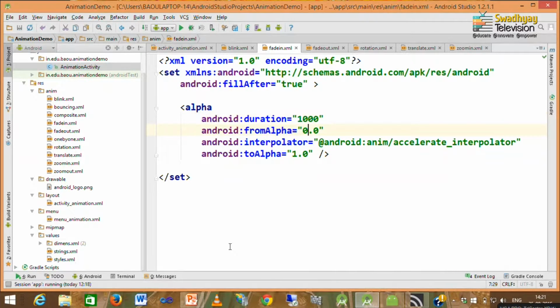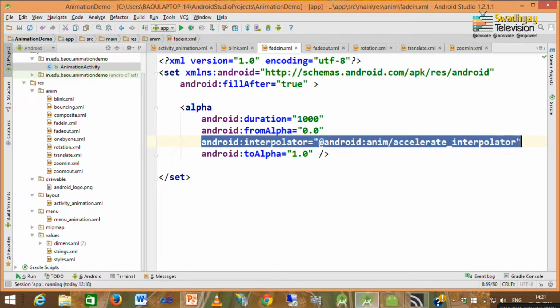Now, fade in is nothing but you have to set alpha from 0 to 1. So, here android:duration specifies that this fade in takes 1 second, and the fade in effect can be given by fromAlpha set to 0 and toAlpha set to 1,